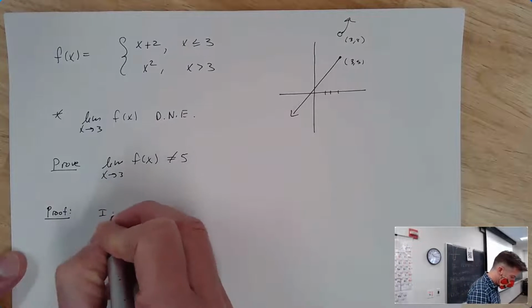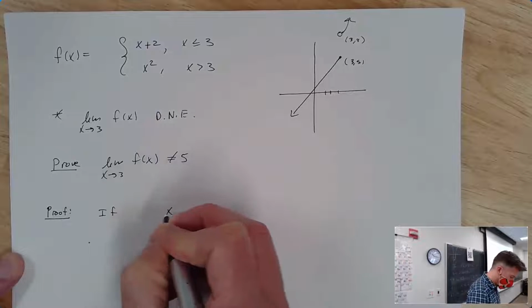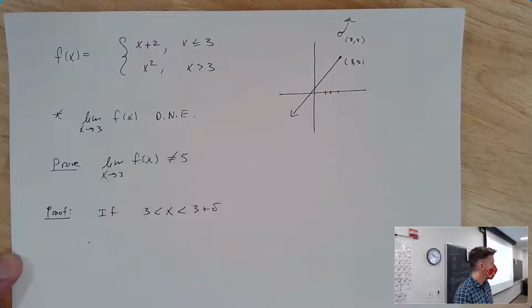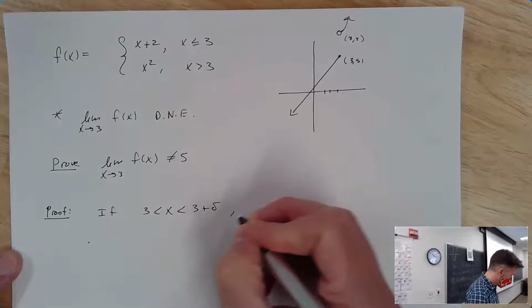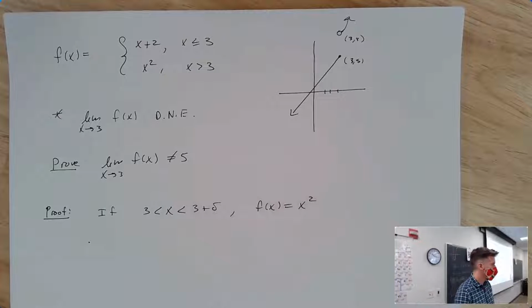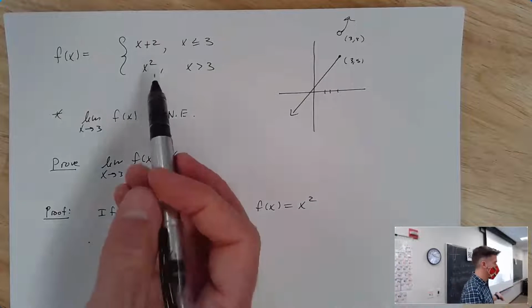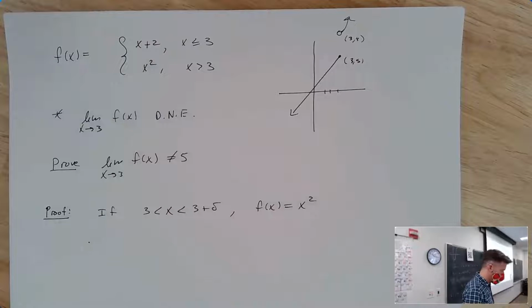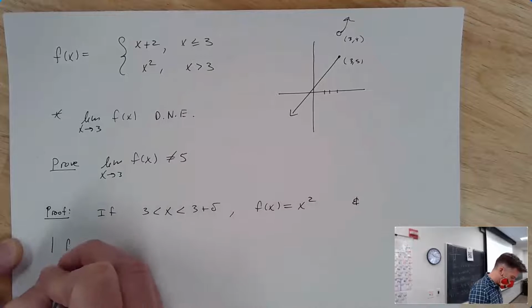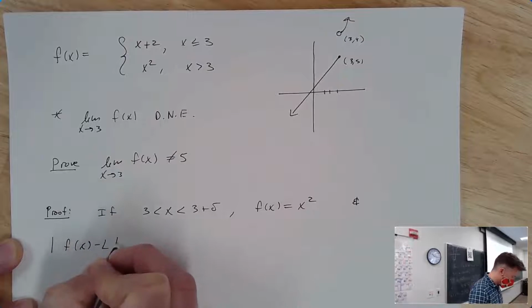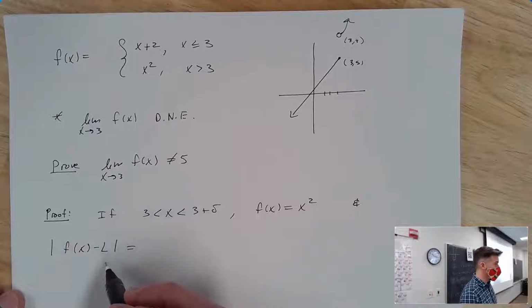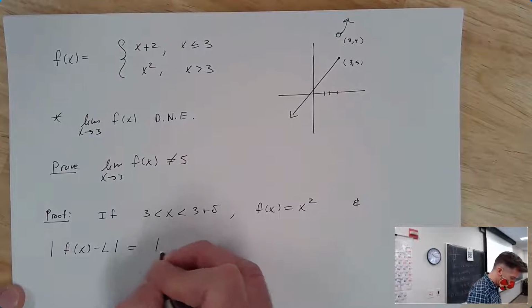Here, if x is between 3 and 3 plus a little bit, then the function is x squared, because we're on the right side of 3, and the function is defined to be x squared when x is bigger than 3. And we can certainly say that the absolute value of f of x minus the limit, or I should say the supposed limit, since it doesn't really exist,